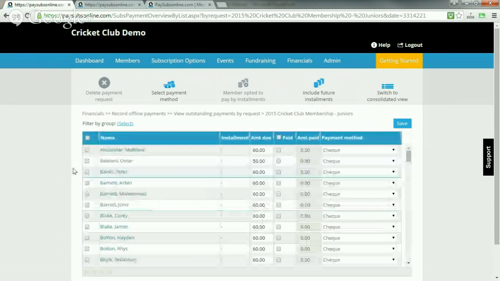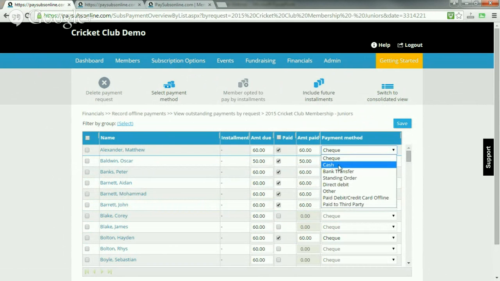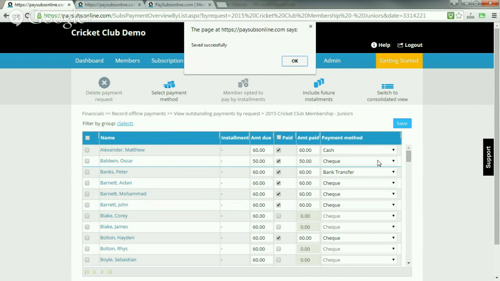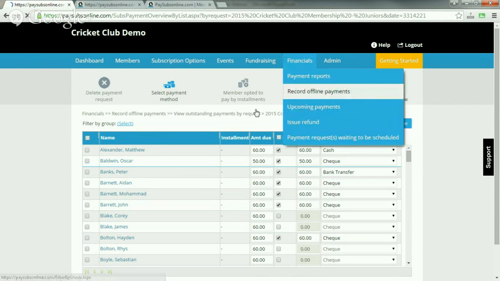Let's tick off Matthew, Oscar, Peter, Aidan, Mohammed, John, and Hayden here has been paid, and then we can say how they paid. So pay by cash, cheque, or bank transfer, that's all fine. Click on save. That's saved the payment.